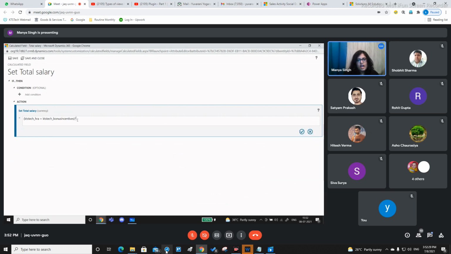Okay, or the other option, which is more preferred when you are dealing with a lot of data, is to create a calculated field which is going to act as a setup. Okay, so this particular calculated field can be hidden from the form. Say for example I want to add three particular fields, field A, field B and field C. Okay, or rather I want to add field A and field B and multiply it by field C.